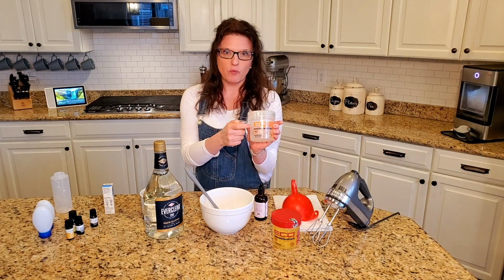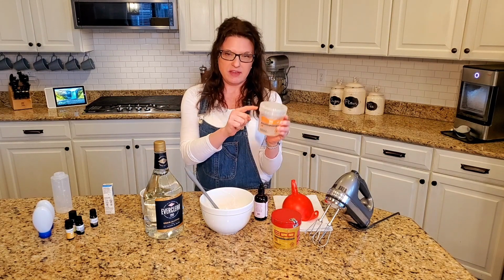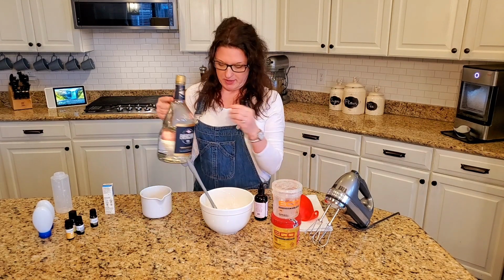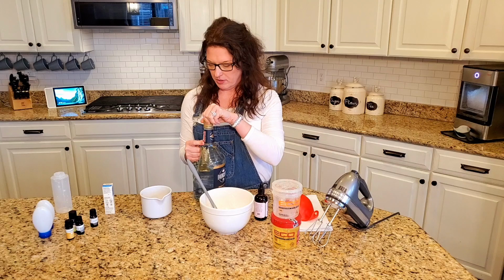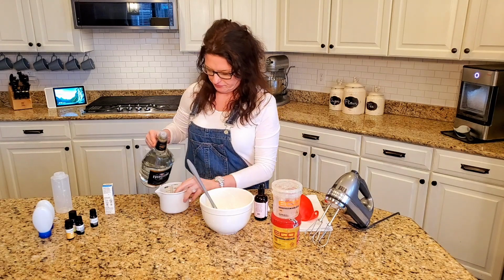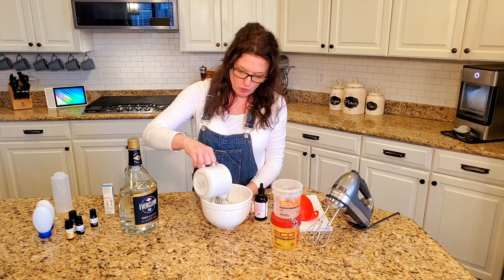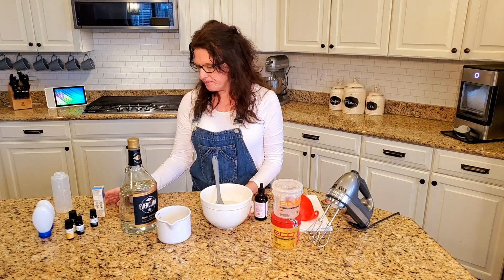I have 1 cup of the ECO gel in my bowl. I'm going to match it with 1 cup of EVERCLEAR. I'm going to pour it together in my bowl. There we go. Next,